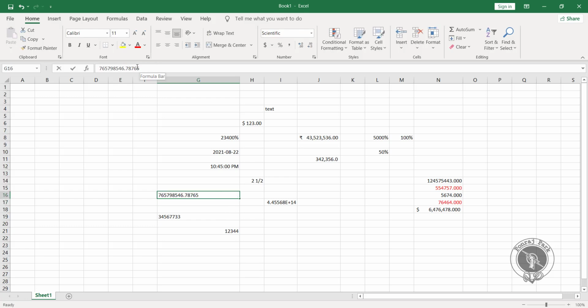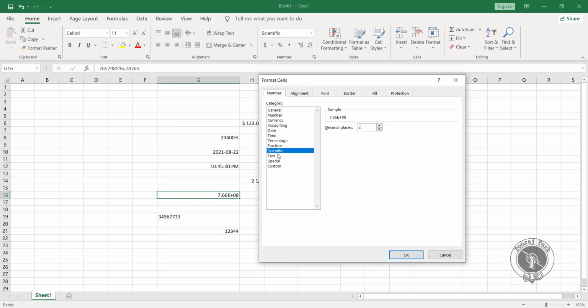You can even see in the formula bar the original number format which I have entered. Now for this scientific format, you can see in this sample option, if I increase the decimal format, after 6580, as I made it 4, it added that 0 also. If I increase, it will simply keep on adding the numbers.